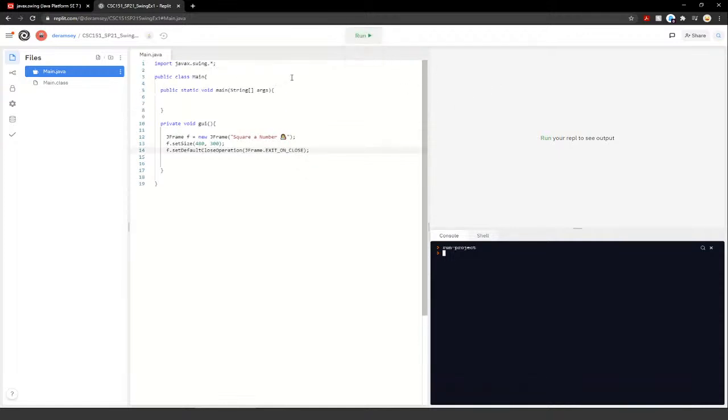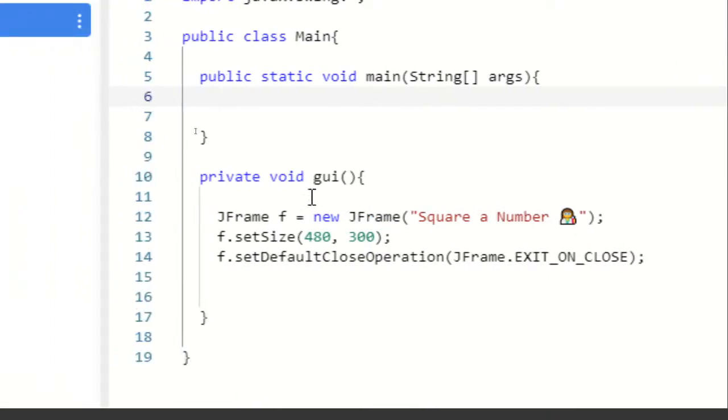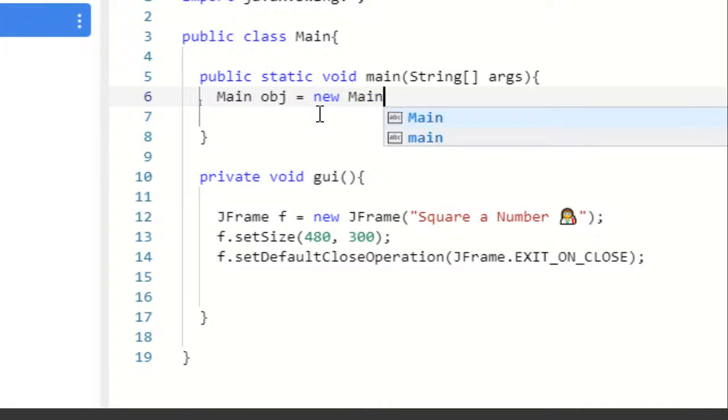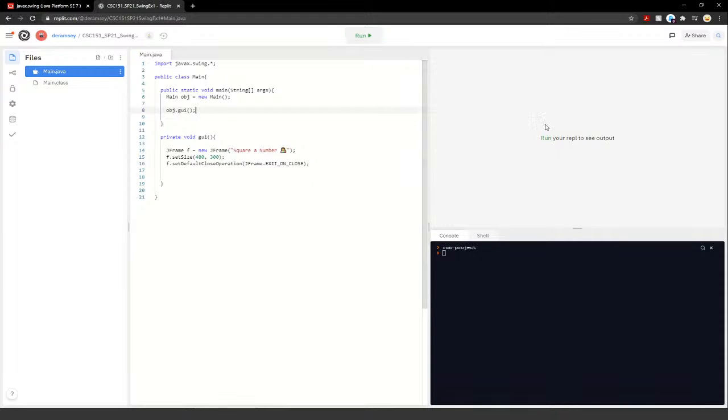And it doesn't show up yet because we haven't. That's a thing to remember. We need to run this method in main. So let's bring that into main. It's a big oopsie daisy. So since we're using a private non-static method here and we're putting it into main, we need to use an object. So main obj equals new main. And we'll run obj.GUI. Now we'll be able to see a window pop up in our box here when we run